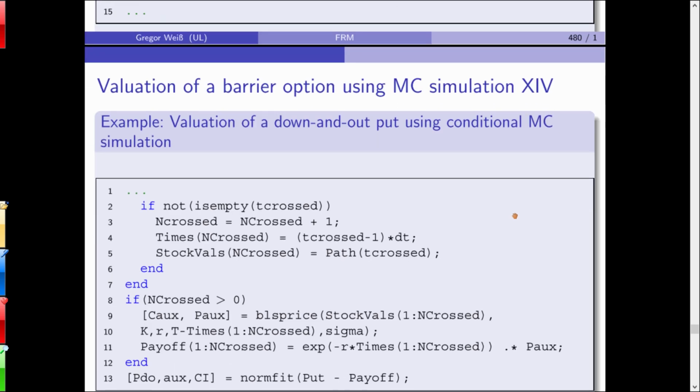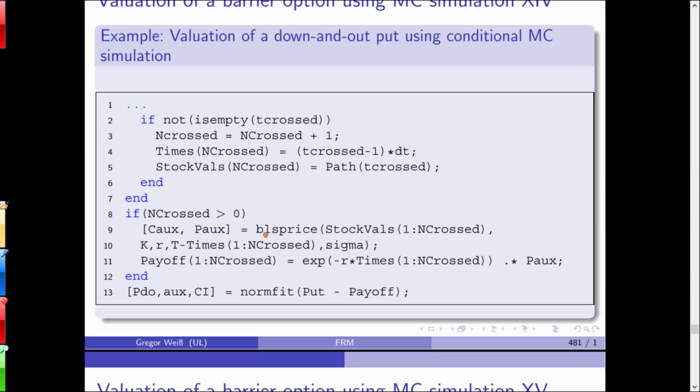If not, the option has not been knocked in. Else, you can see here, we'll use the Black-Scholes price, and again we have those simulated payouts today, and we'll fit a normal distribution to it. The difference now is what? I told you that we're interested in a down-and-out put. Now this obviously is the pricing formula, the conditional Monte Carlo simulation for a down-and-